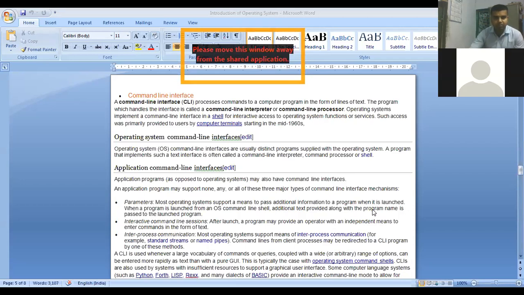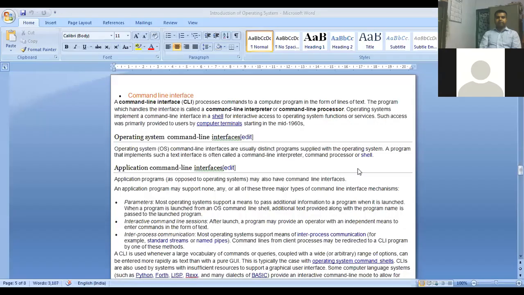Now there were certain disadvantages which occurred. Okay, what are those disadvantages? The disadvantages were, number one, the user had to remember a large number of codes or commands. So basically just to open a file or a folder, firstly you have to know the command which will open the file, then you have to know the name of the file which you want to open, and then you have to remember the location of the file where it is kept. From there, using so many multiple commands, you have to open a file or a folder.